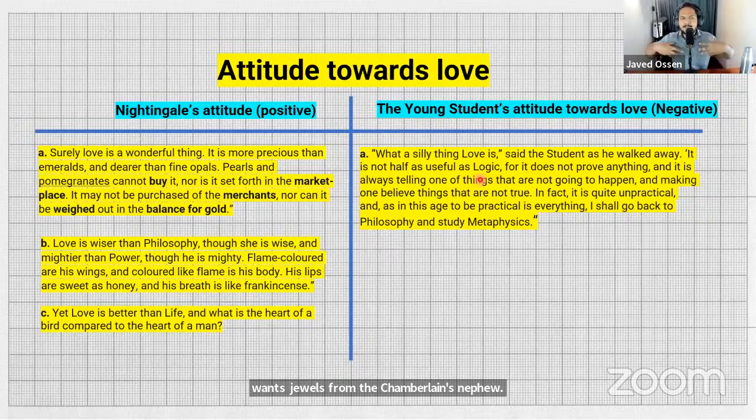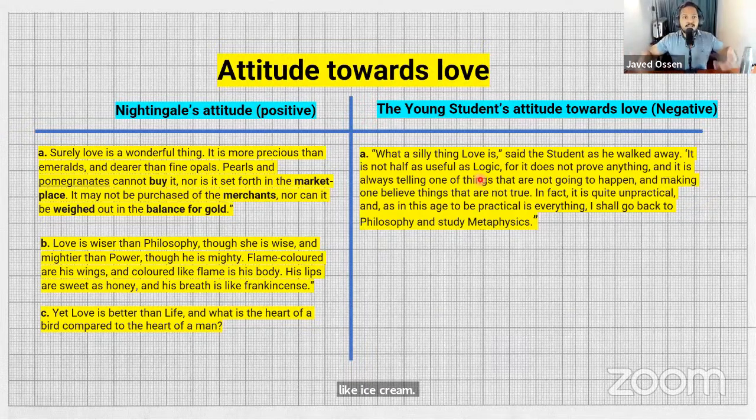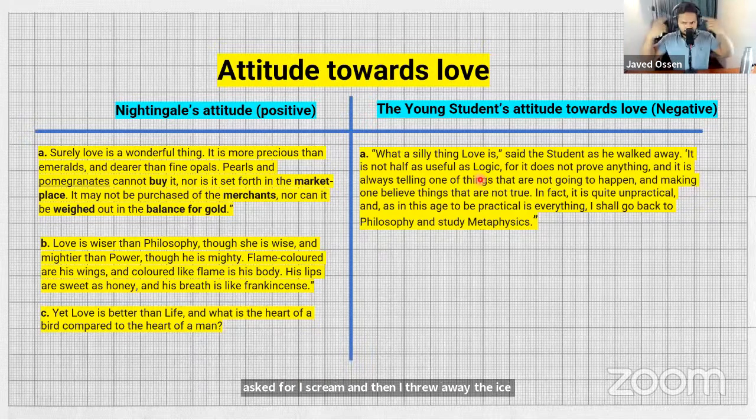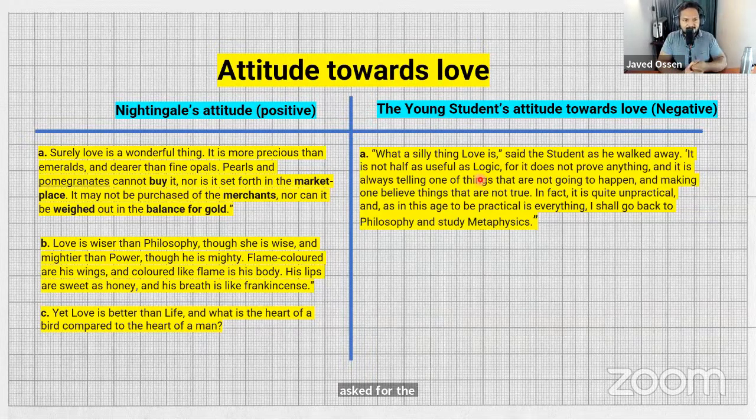Because imagine if someone asks for ice cream. I'm like, hey, bring me ice cream. I start crying. I want ice cream. I love ice cream. And then when you give me the ice cream, I throw the ice cream away and say, I don't like ice cream. I'm a hypocrite, right? Because I was the person who asked for ice cream and then I threw it away saying that I don't want it. Hope you understand how this works. If you think about the young student, no, the professor's daughter, she asks for the red rose and then she rejects the red rose in the very end.